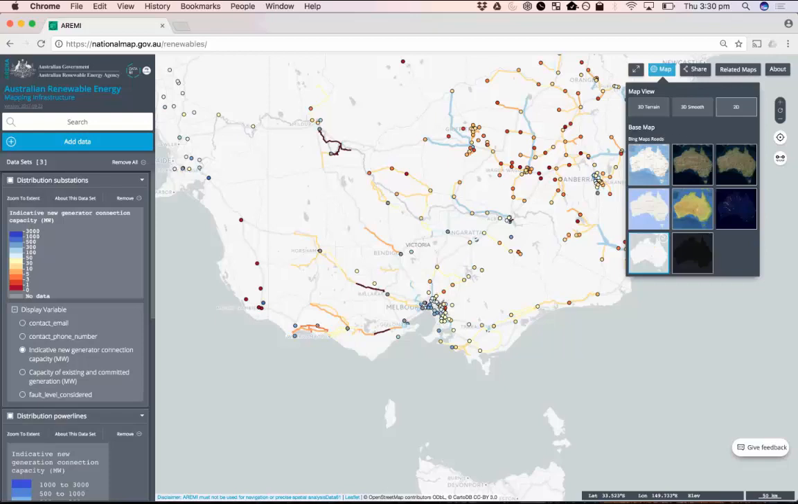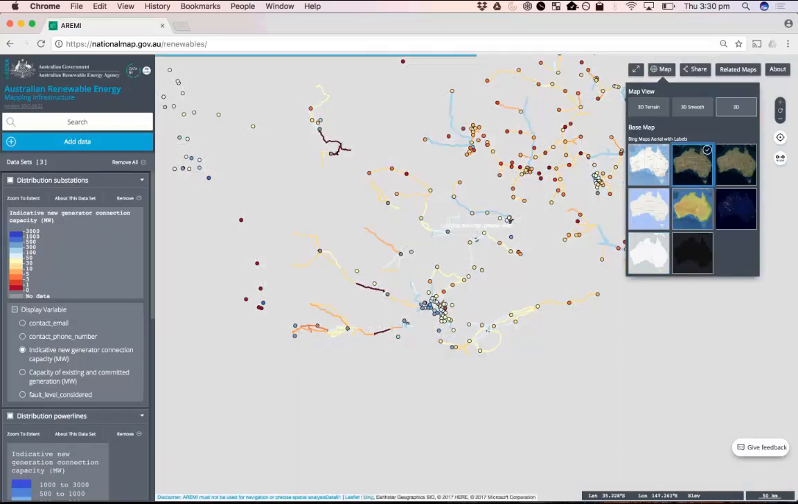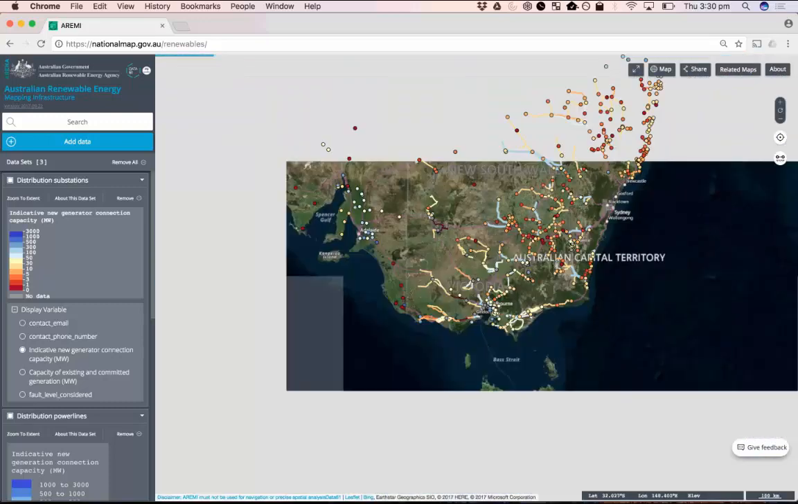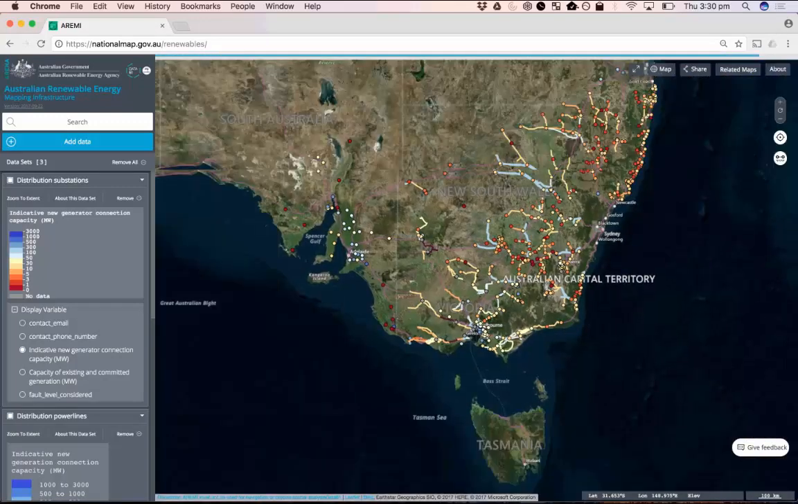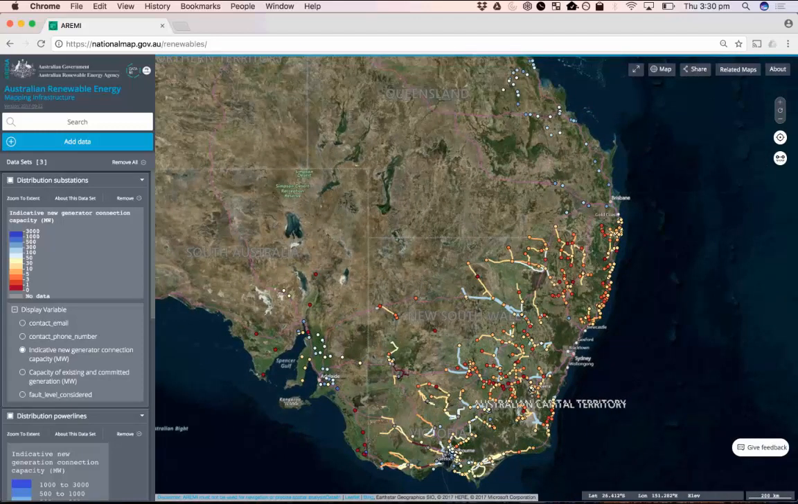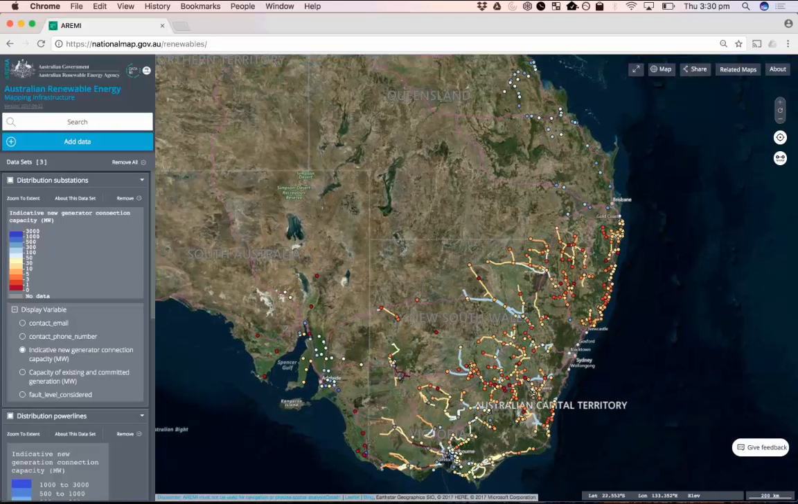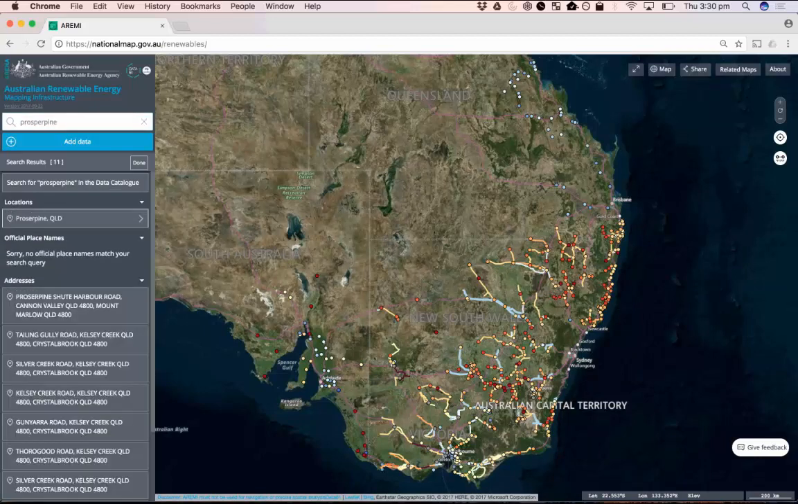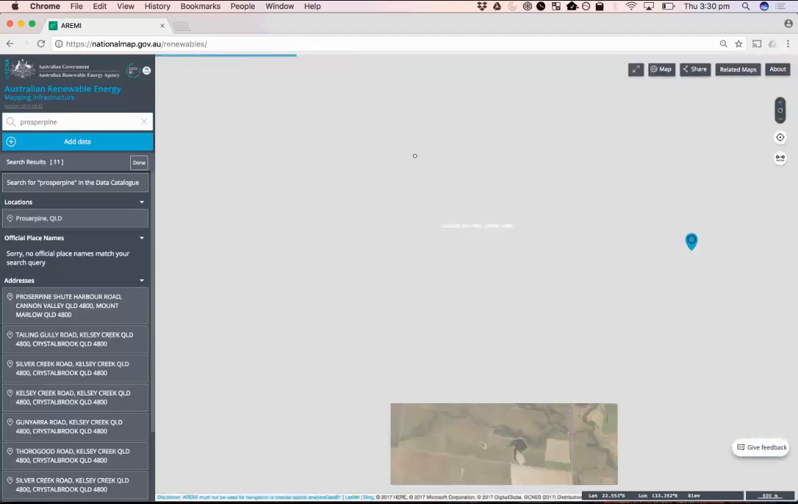So this is the map that we saw on the slide earlier that's got all of our transmission and distribution connection capacity information. And say I am a community group or a local government that's particularly interested in Proserpine in Queensland. So I can type in my area, Proserpine, click that, and that will zoom in here. It's actually quite small because it adjusts, but this is the Proserpine area,